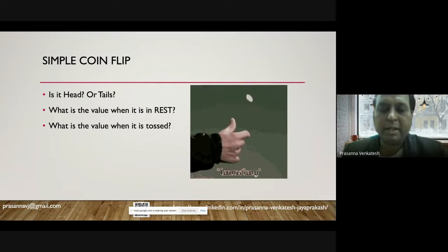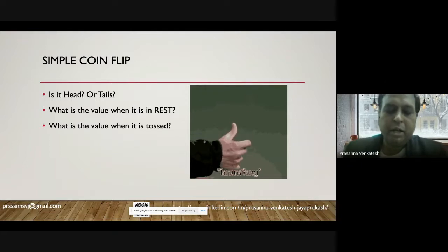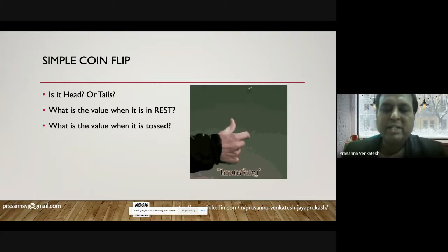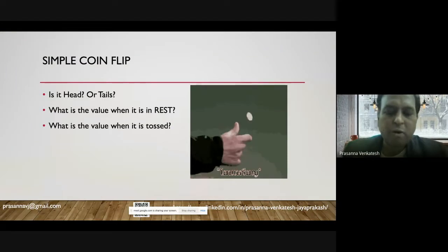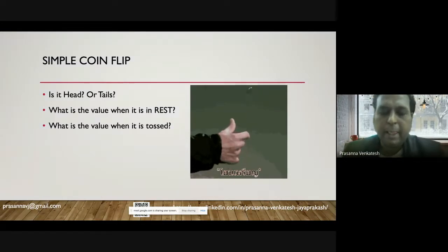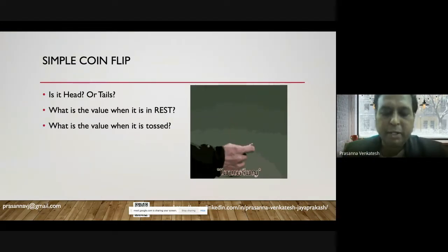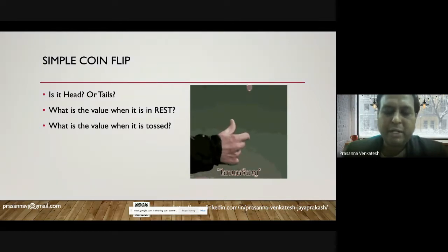The probability that I'm talking about is when that particular coin is in the air spinning, what is the value of it? Now, if you read the value of the coin in the air when it is spinning, the possibility is that the coin can represent both head as well as tail at the same time.